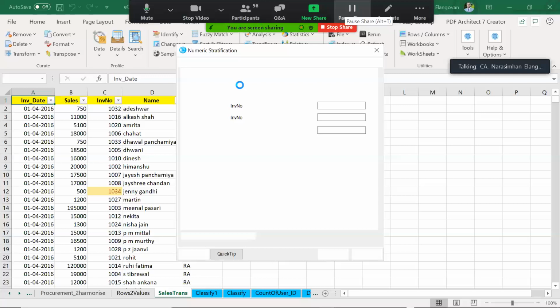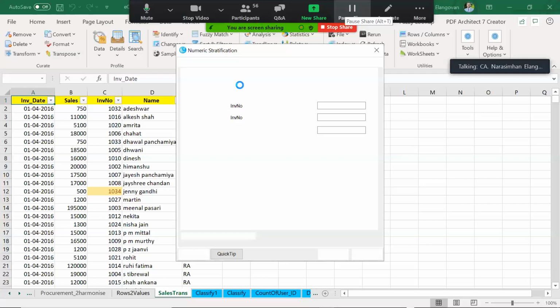Okay, this looks fine. Let's quickly load Excel. Those of you who have got it, please click on Stratify. And once you click on Stratify, you have sales. Please choose sales.